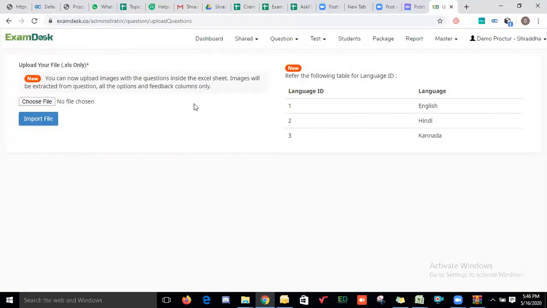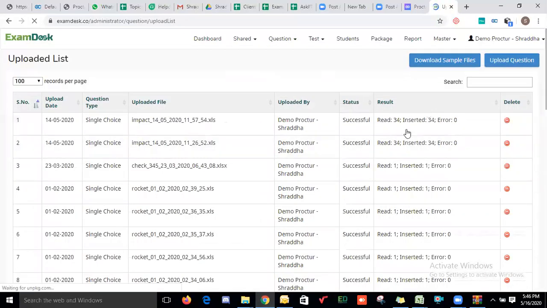Once you import that file, here you will find the format also. The uploaded format should be XLS. Other formats will not be accepted over here. So make sure of the format of the file you are uploading. Once you are done with the upload part, you can check the status of that particular file, whether it is successfully uploaded or not.